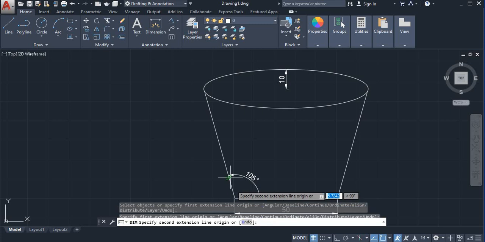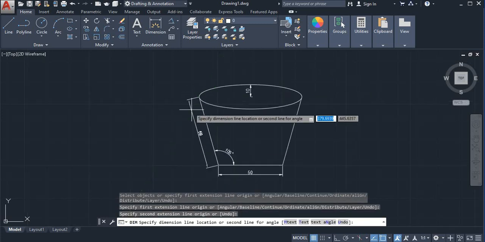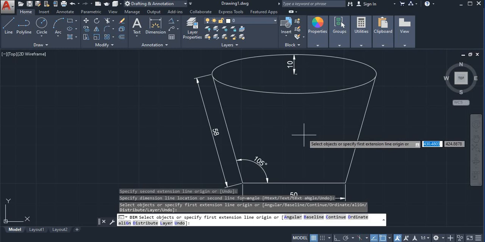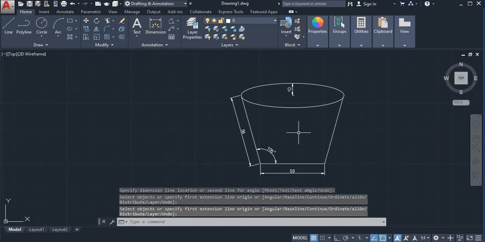Also give this point to this point, 58, 58. So this is the simple drawing